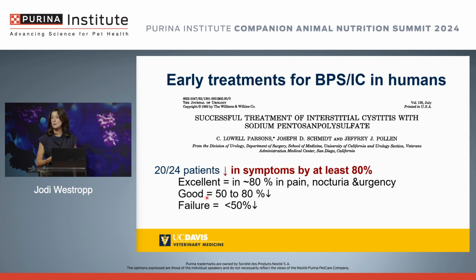It was a non-placebo controlled trial, and they gave it to 24 women over anywhere from 6 to 12 months. And look at those results, right? Those are really good. They had about a decrease in symptoms by about 80% in 20 of 24 patients. And I'll get back to this as we look at what happened in cats and then subsequently what's